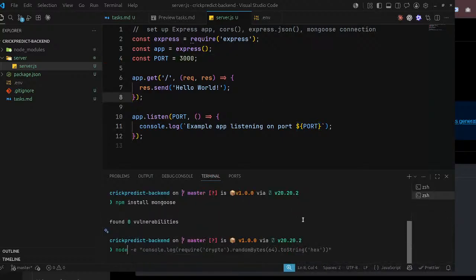Let's run that node server. Who creates this folder? I did not create it.